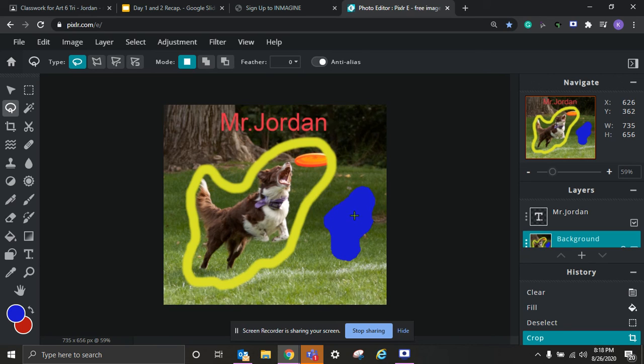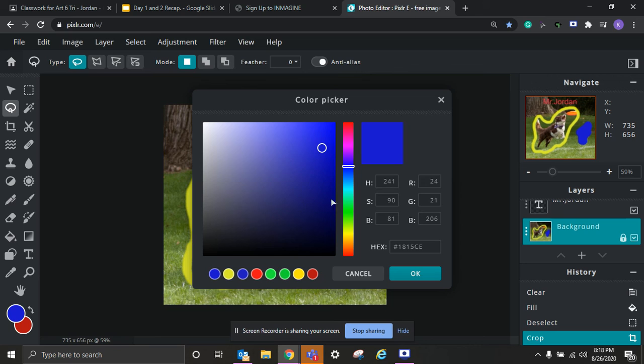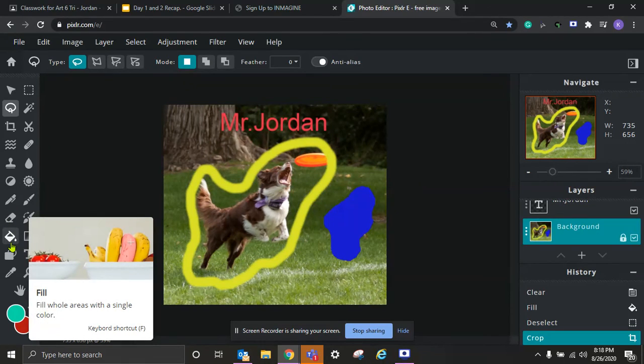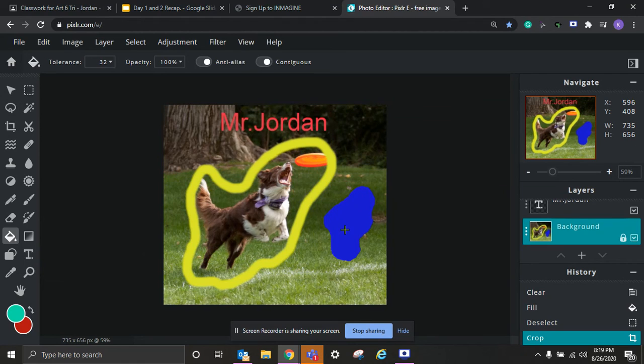And then we tried to delete it, but then it didn't work because we realized that we were working on a different layer because it had text on it. We had to go back and click on our original layer, the background layer, and then we hit that backspace key again and it deleted it. Finally, we were able to then go and change our color by clicking on the color circle, selecting a color of our choice and how dark or light we wanted it. And then we simply grab the fill tool, which looks like a little dripping paint bucket, and we click there to change that color. That is the end of the things that you need to do for this photograph for